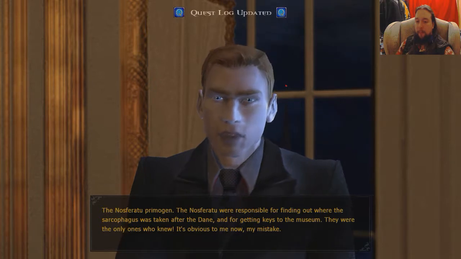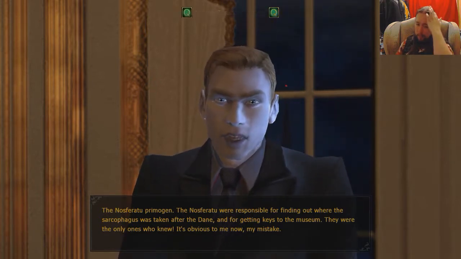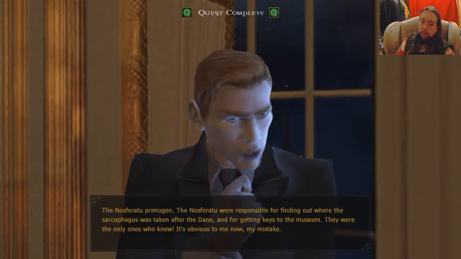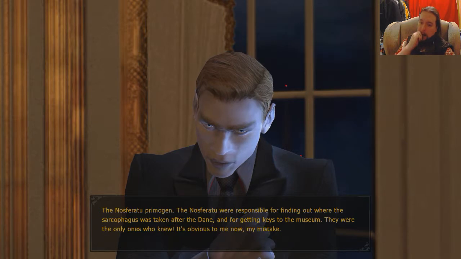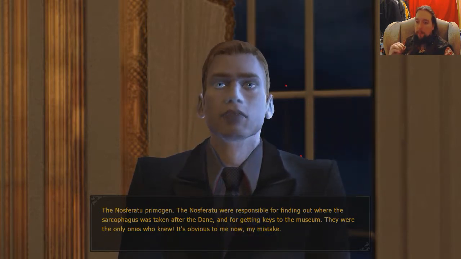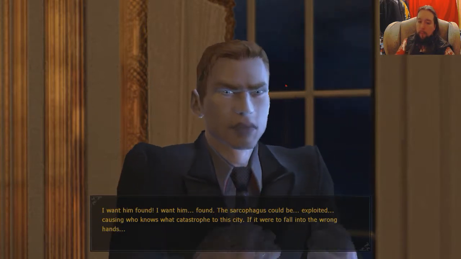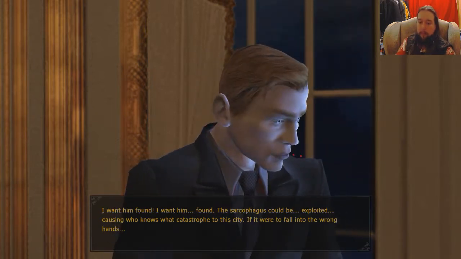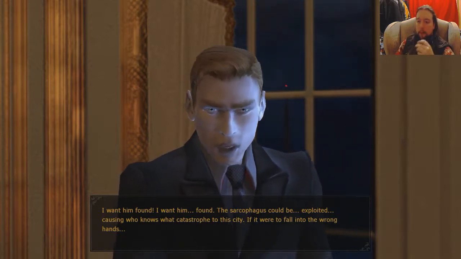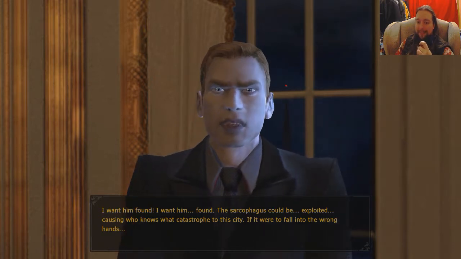The Nosferatu Primogen. The Nosferatu were responsible for finding out where the sarcophagus was taken after the Dane, and for getting keys to the museum. They were the only ones who knew. It's obvious to me now. My mistake. I want him found. The sarcophagus could be exploited, causing who knows what catastrophe to this city. If it were to fall into the wrong hands...